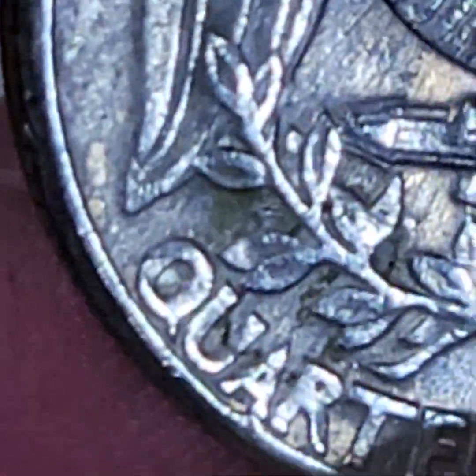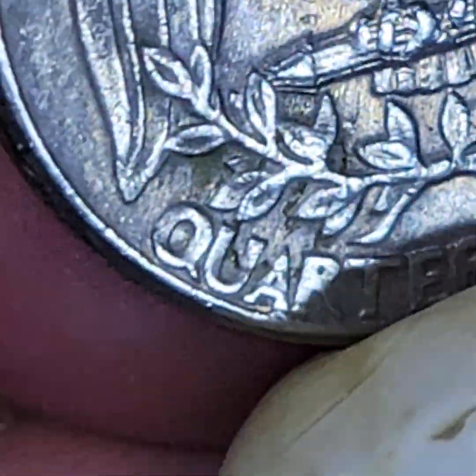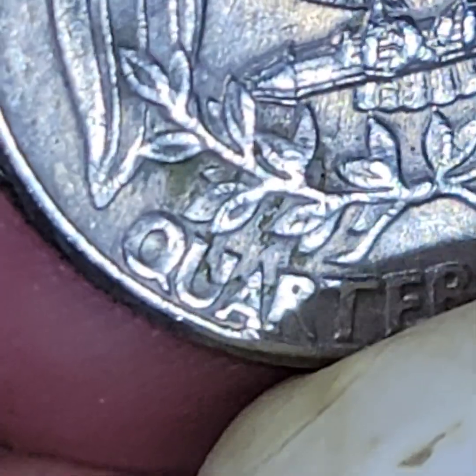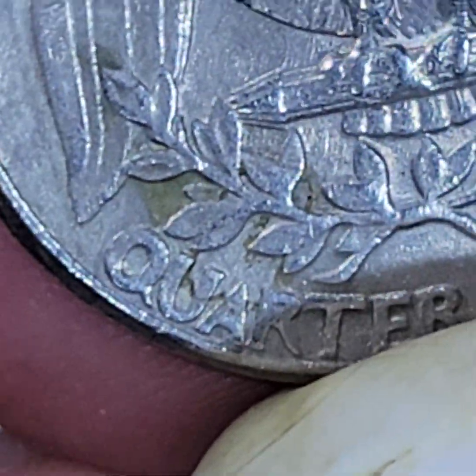No. Well, you know what? Let me just wipe it just to see if that's dirt, just to wipe the dirt off or not. Because I'm going to say it's not dirt, and then it is dirt, and then I'm wrong. And it is a little bit of a dirty coin. Not too dirty, but a little bit. So I'm going to say no, it's not dirt. That's a pretty serious, or I'm pretty sure that is a,